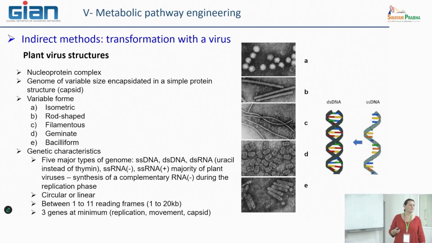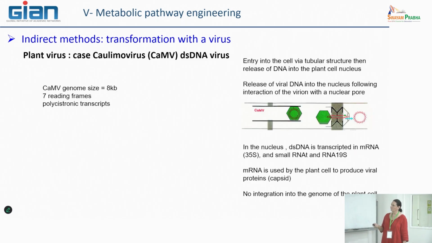And the main proteins they are able to produce are capsid proteins, which make the external envelope of the virus. At minimum, you have 3 types of genes: one for capsid protein, but also 2 other genes that encode enzymes that permit replication of the DNA and also movement of the virus from outside to the cell. So there are at least 3 types of virus that are well known and were used for biotechnological management.